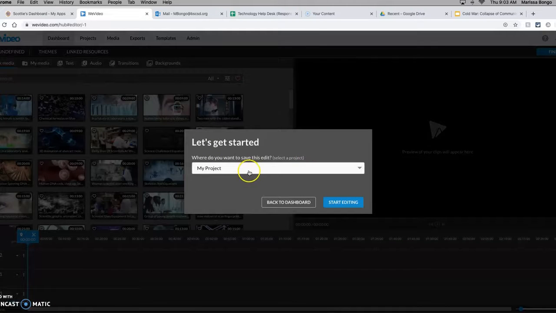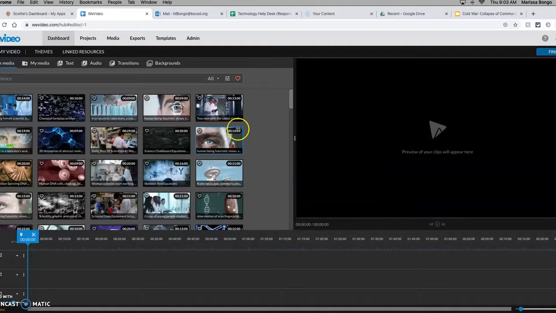And you can just save it in My Project to start for your first one. And it'll bring up this video editor right here. So the place that you're going to go to record yourself with your notes is the My Media tab. There's all sorts of other effects and features that you can put into your videos. However, I'm not going to go into that in this video because this is just really going to cover the basics of how to record your lectures and then edit them and publish them so that your students can see them. So you're going to go into My Media